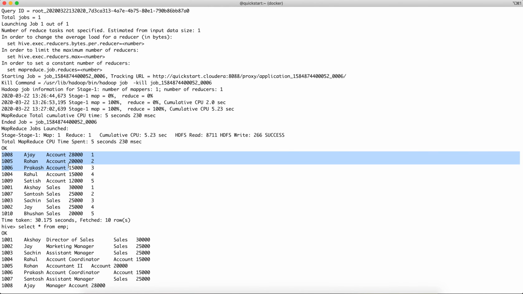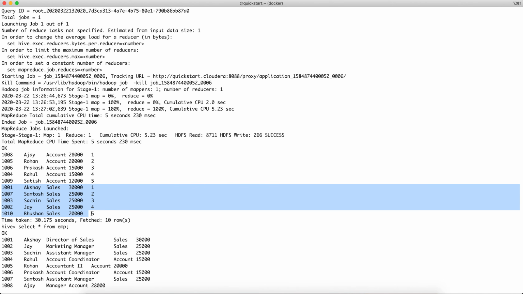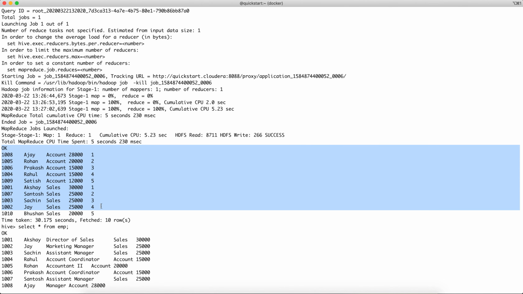Now how has the Hive engine decided this particular number? If you see the first 5 rows, you will see these unique numbers that are based on the department and the salary column. So one for the first, second number for the second row, third number for the third row, fourth for the fourth row, and fifth for the fifth row. So all these numbers from 1 to 5 belong to the account department. As soon as your department has changed, the numbering sequence is again reinitialized to the first number. And since we had 5 records for the sales department as well, it has come from 1 to 5. So this is how the row number function works.